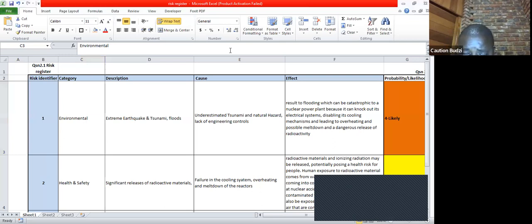Unlikely, it means it could occur at some time, and the probability will be around 25% chance of occurring. A possible incident might occur at some time. The chance of occurring between 25 to 50%,